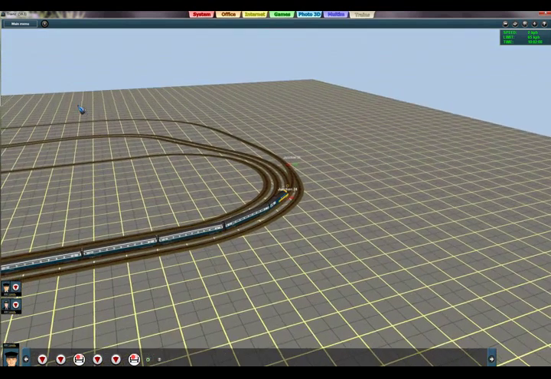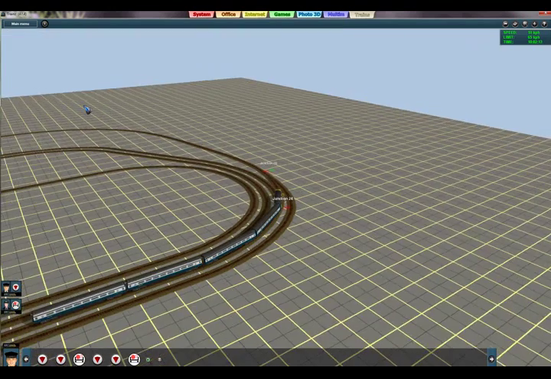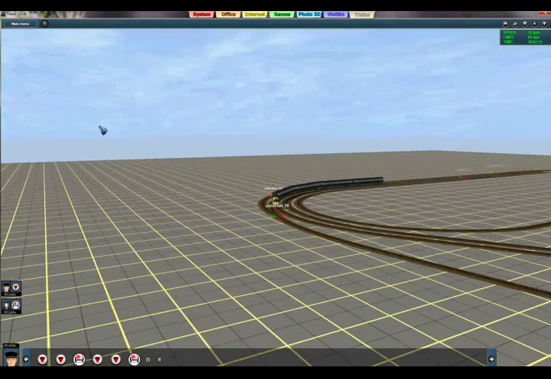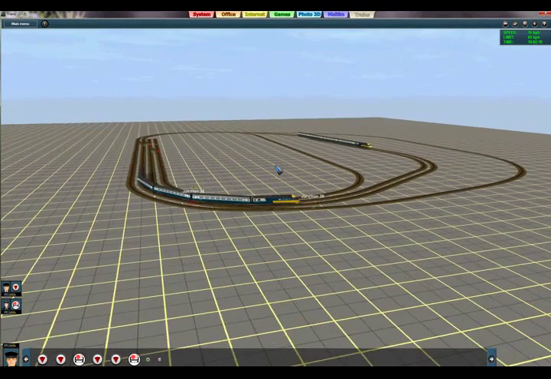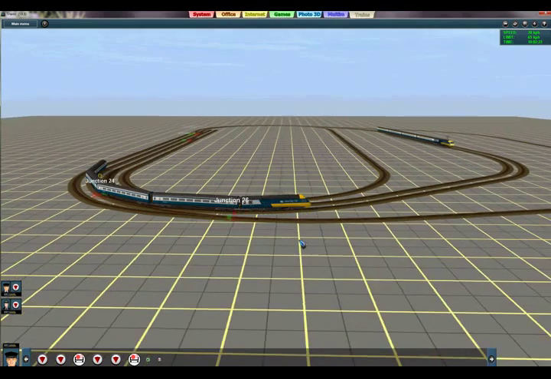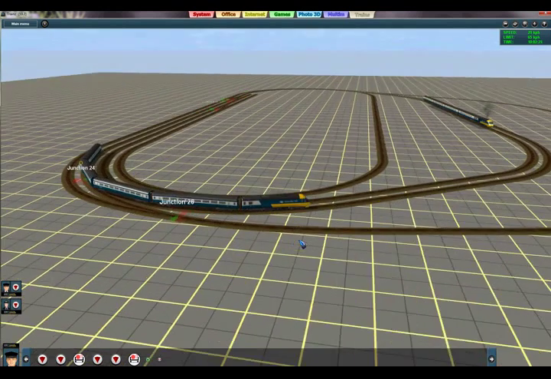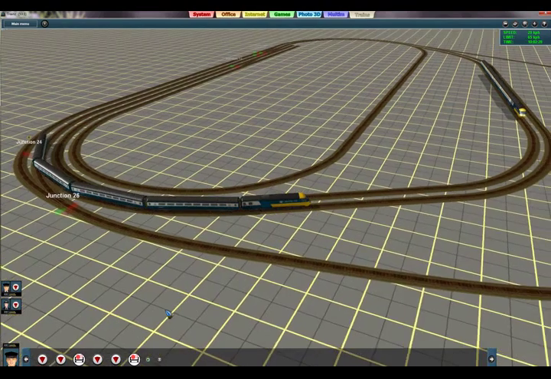If everything goes according to the schedule we worked out. Oh, why is my train moving so? My mouse is so sensitive. I don't know what's happening, but okay, let's zoom in a little bit. A little bit of tilt. Okay, we are going via east.